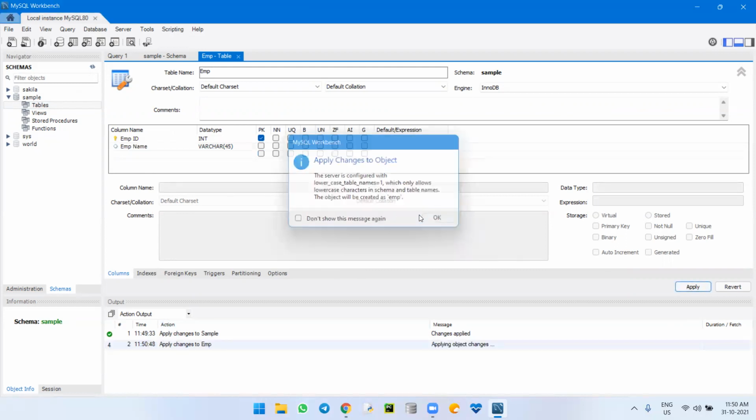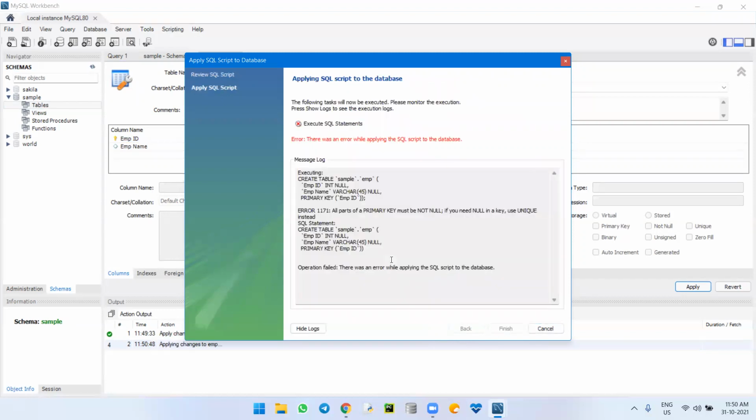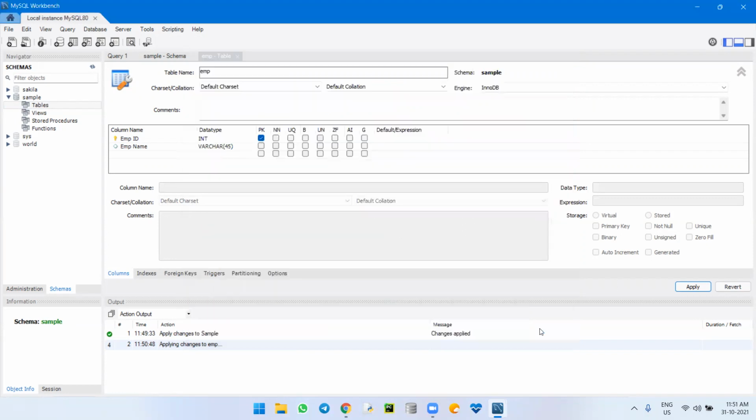When you apply, what will happen? It will show the query. The query is automatically developed by Workbench. You see the query here, and apply. Execute statement.